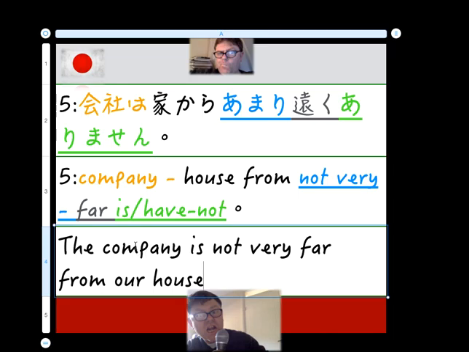Japanese, a lot more minimalistic than English. No implication of our in there. It's implied though. Yeah. So, 会社は家からあまりよくありません。